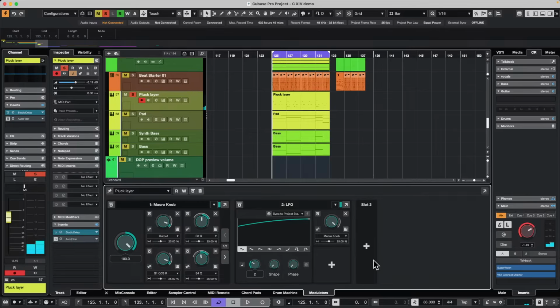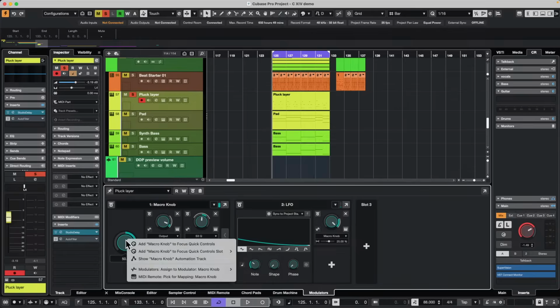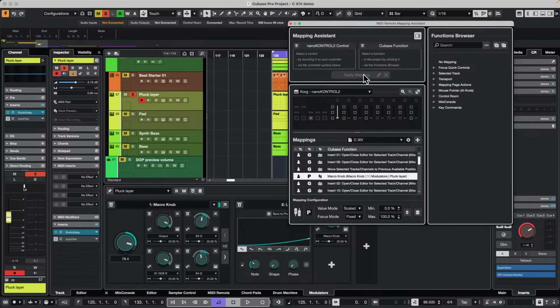If we wanted to control this also with the MIDI remote, I could take my one knob. So say I want to take this knob and I want my MIDI remote to automatically control it, and we could add a second bank of parameters here. So you can have 8 parameters. But we will come over here, I will right click and we'll say MIDI remote, pick up for MIDI macro knob. I will move a fader, apply the mapping, and now my MIDI remote is automatically controlling up to 8